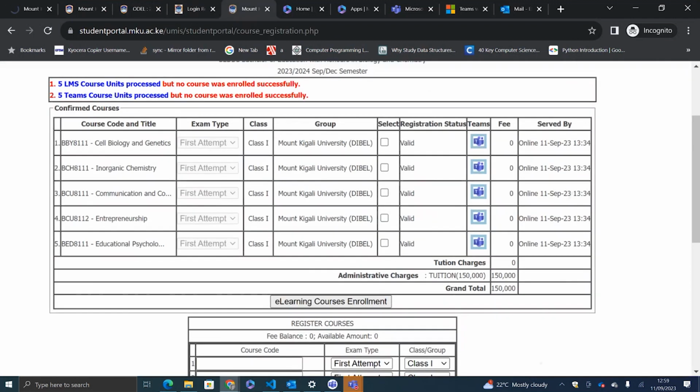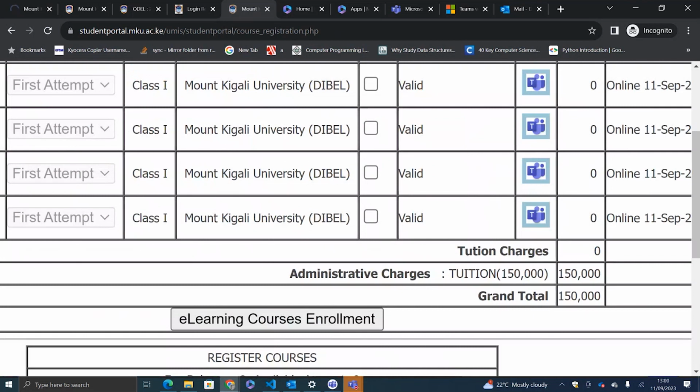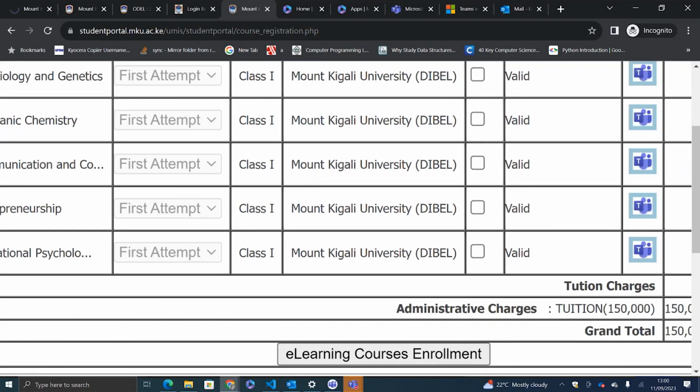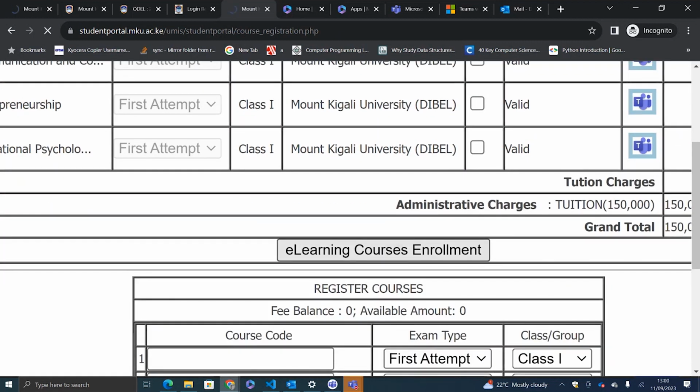So click on this button, e-learning courses enrollment, in case once you confirmed it gave you such an error. If they are not enrolled successfully, keep trying by clicking on e-learning course enrollment. This could be caused by some timeouts. So in case the system was timing out, it's not going to publish you automatically. But once you keep clicking on e-learning course enrollment, you'll be automatically enrolled to the e-learning portal, and